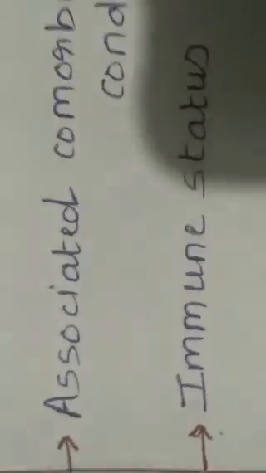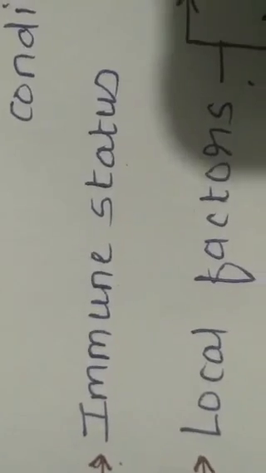Fine. Then another important point is the immune status of the individual. You all know that the infection is there because our body's defense mechanism is somewhat compromised. Otherwise, if the body's defense mechanism is competent, it will try to fight with the microorganisms. Okay? But if the microorganism load is very high, then even if the person is immunocompetent, there is still a development of infection. But here what I want to suggest is, if you know that the person is immunocompromised,